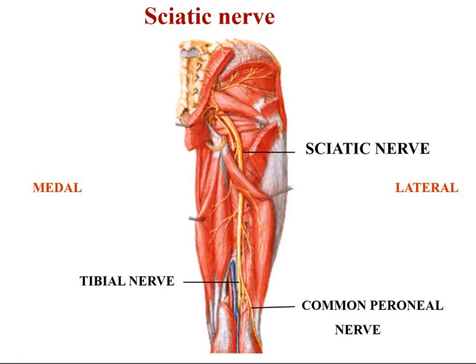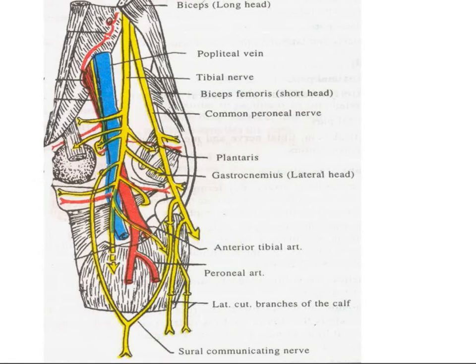Sciatic nerve, you all know. ठीक है, this is your sciatic nerve which is dividing into tibial nerve and the common peroneal nerve. So this your common peroneal nerve goes to the anterior compartment of the leg, and the tibial nerve will give the branches in the popliteal fossa. Okay, it will form the content of your popliteal fossa. So this is common peroneal which is passing downwards, and it will go to the anterior compartment of the leg, and the tibial nerve is here which will give branches to the muscles over here and the structures which are lying over here.